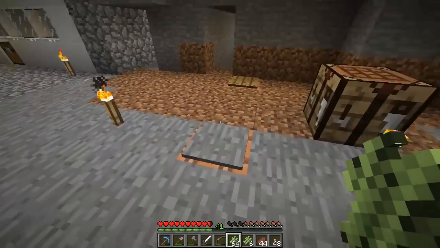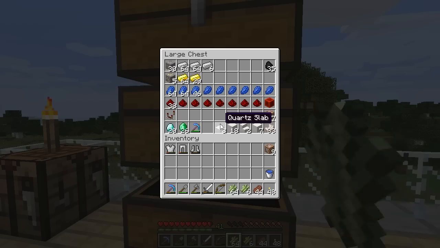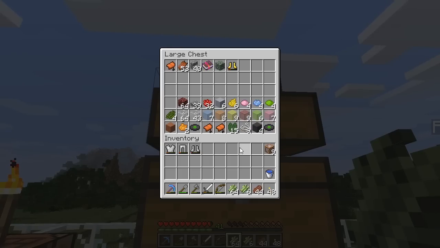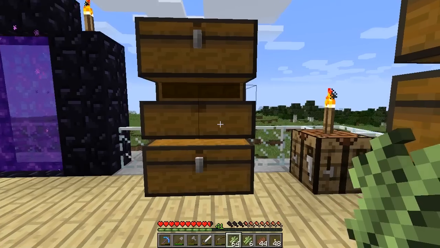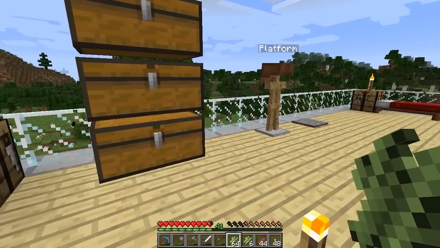My current chests, if we take a look in them, it's pretty much a free-for-all. This one's a little bit neater with the more expensive items. But ultimately, it's just a mishmash mess. Try and say that 10 times quicker. Over here, we've got lots of stone and things like that. But anyway, I want to try to make a single...